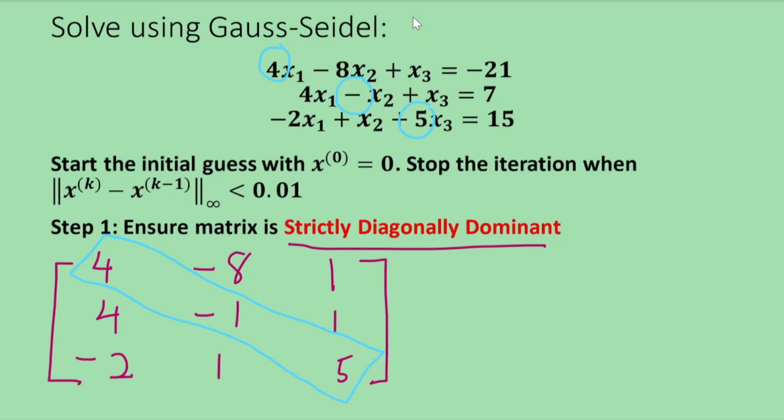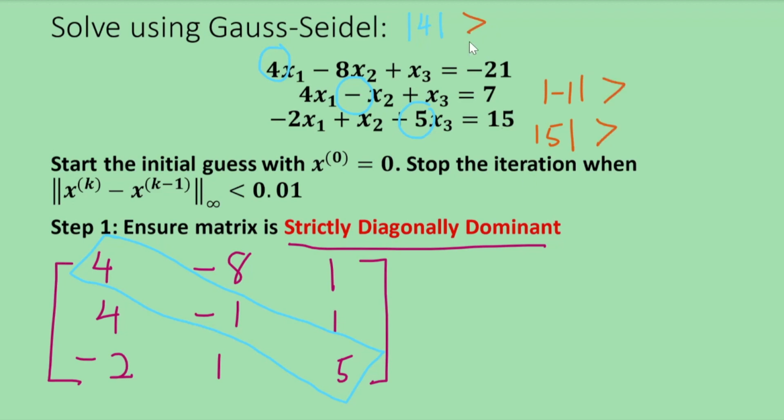So the magnitude of a number is the absolute value of the number itself. So the magnitude for 4 would be 4. The magnitude of negative 1 would be 1. And the magnitude for 5 would be 5. Okay. So the magnitude of the diagonal entry must be larger than the sum of magnitudes of all other entries